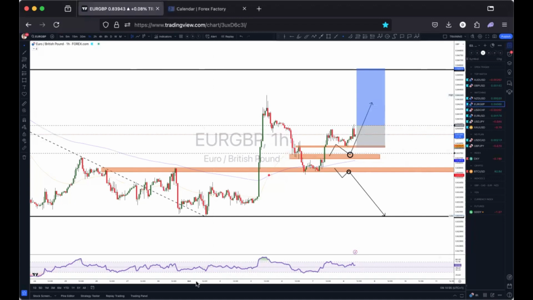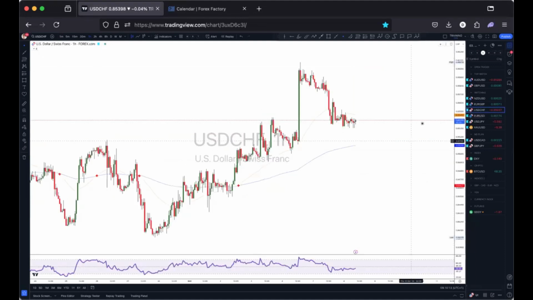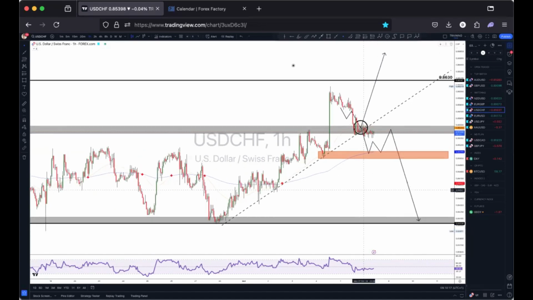Someone said I should check Euro CHF. I've said it a couple of times, I don't really like other pairs, but I'm going to take a look at it. Going forward to USD CHF, what is happening with USD CHF? A few of us on our WhatsApp page, I think it's one particular person, shared an analysis